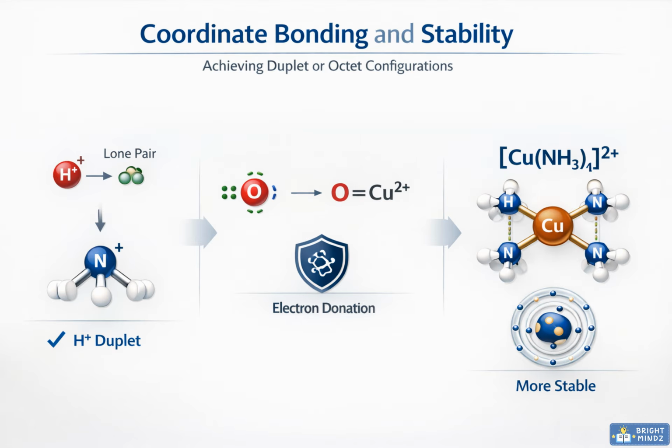Coordinate bonding increases stability because an electron-deficient species gains access to an electron pair it does not have. Think of a shared umbrella. One person brings the umbrella, but both people are protected once they stand under it. In the same way, nitrogen or oxygen can donate a lone pair to H+ or to a metal ion. The bond is shared after it forms, so the resulting ion or molecule is usually lower in energy than the separated particles.